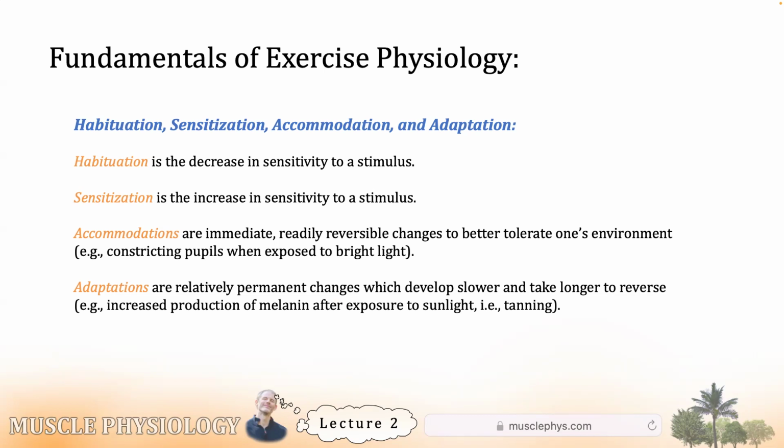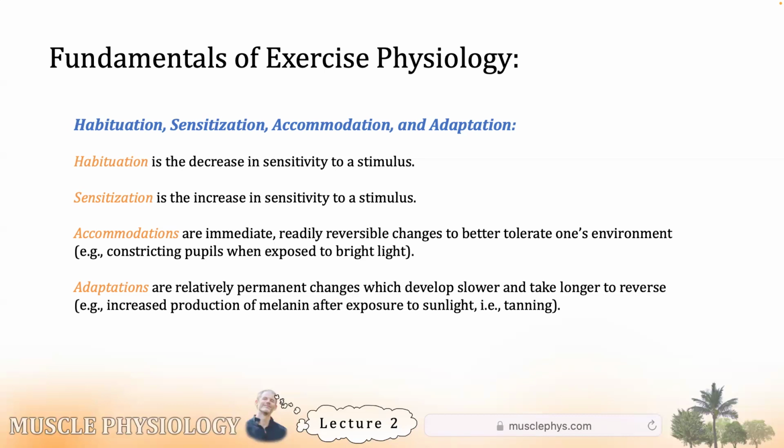You become more sensitive. Like a musician, he becomes more keenly aware of an instrument's tuning. After playing for a couple of years, you can tell when a couple of strings are very slightly out of agreement, and you weren't capable of that as a beginner. Now, habituation and sensitization can fall under either accommodation or adaptation, depending on how the change in sensitivity works. But let's consider them as wholly separate from accommodation and adaptation.